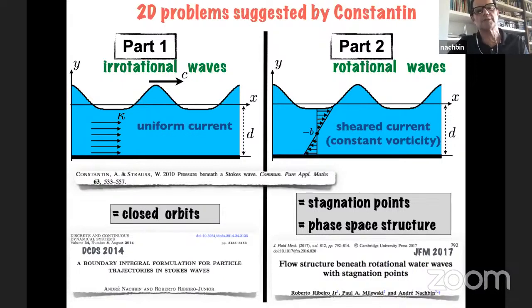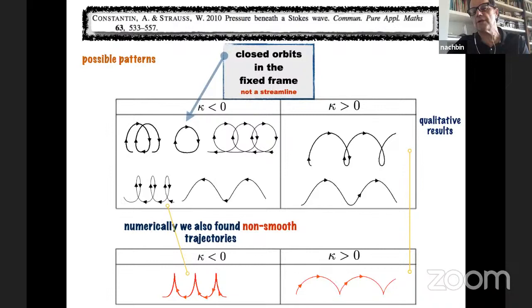So let's go to the closed orbits. In their paper, they have all these patterns with the Stokes drift, right? If you're closer to the wave, more towards the surface, it goes forward. If you're below, because of the current against you, and because the effect of the wave decays exponentially with depth, you get the loops backwards. And actually, we even found, which they didn't mention, but it's not that important, that there's a specific point where you can get these sort of non-smooth orbits, because it's where this little knot is. It's just a limit where it's about to loop and it's pulled back by the wave. But we got the closed loop with a very high precision.